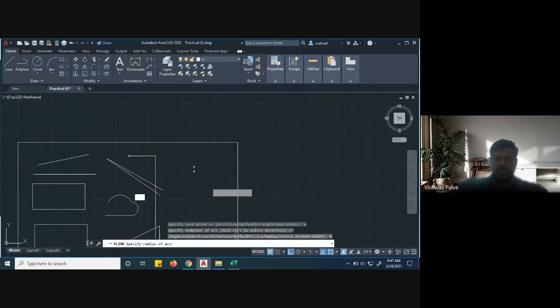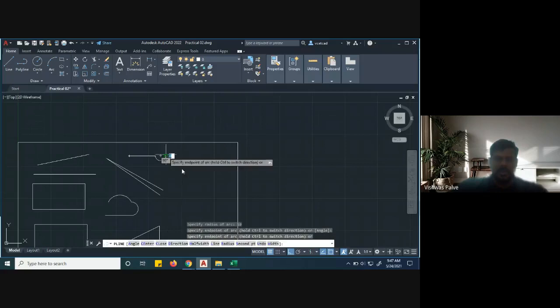So I will say radius. What should be the radius of my arc? It will be 10 millimeter. Then it will say hold control to switch the direction. If I press control, it will switch the direction of the arc. So using the arc option, I can draw n number of arcs.